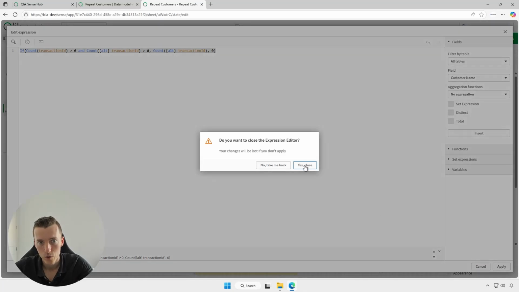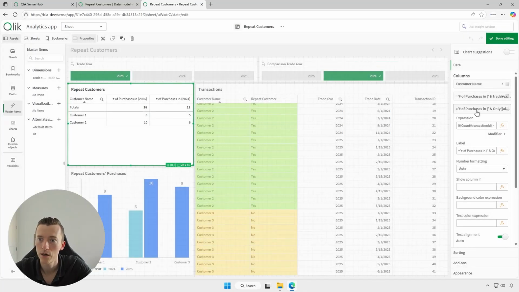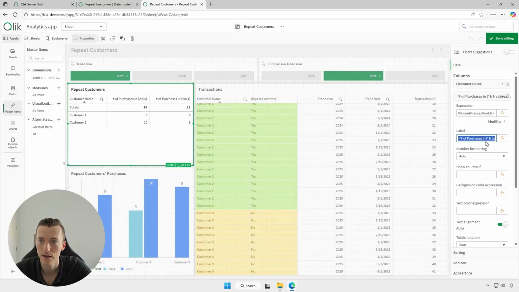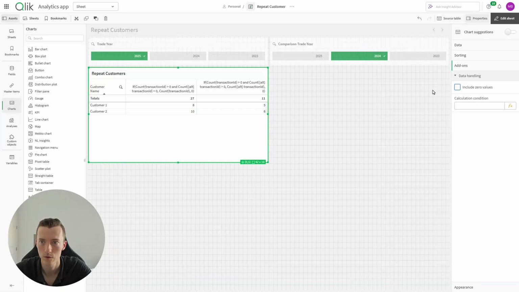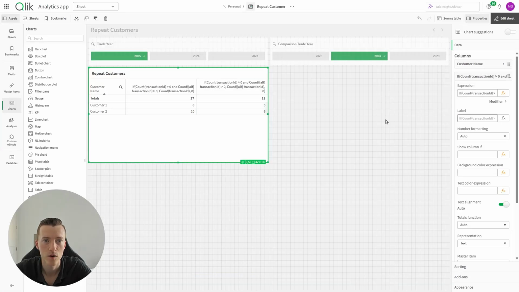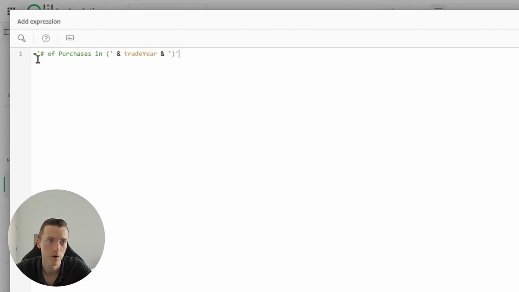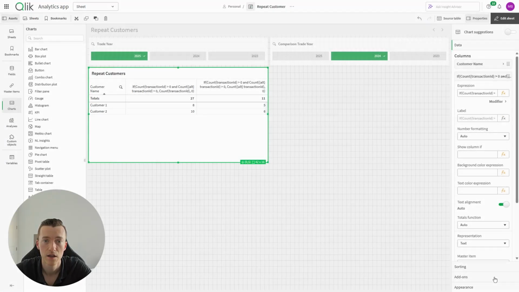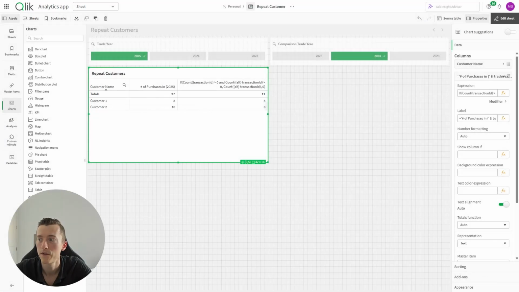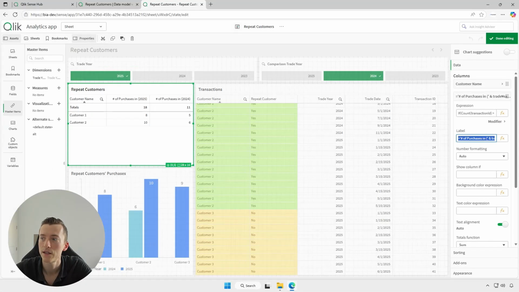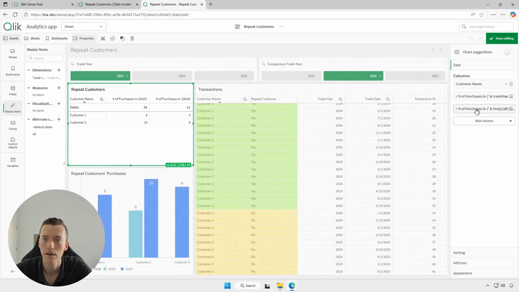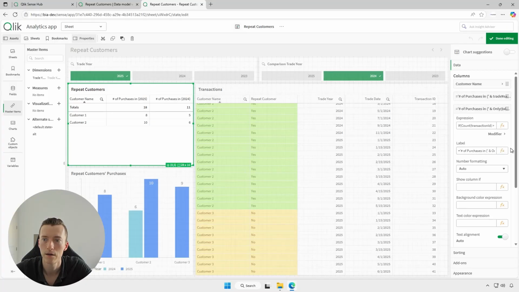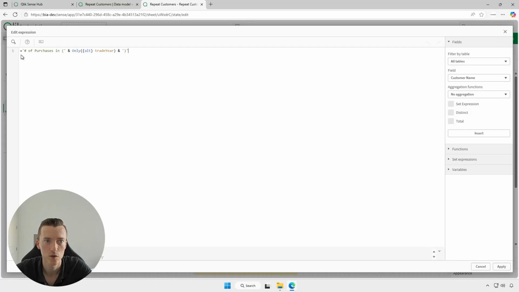The one thing I want to show you here, let me actually get the labels, and I'll show you how to create that one. It's for the 2025, it's actually pretty simple. You have your number of purchases and transaction year. There it is. It's going to get this 2025. But for the alternate state, the label is a little bit more complicated. We can't just use the year